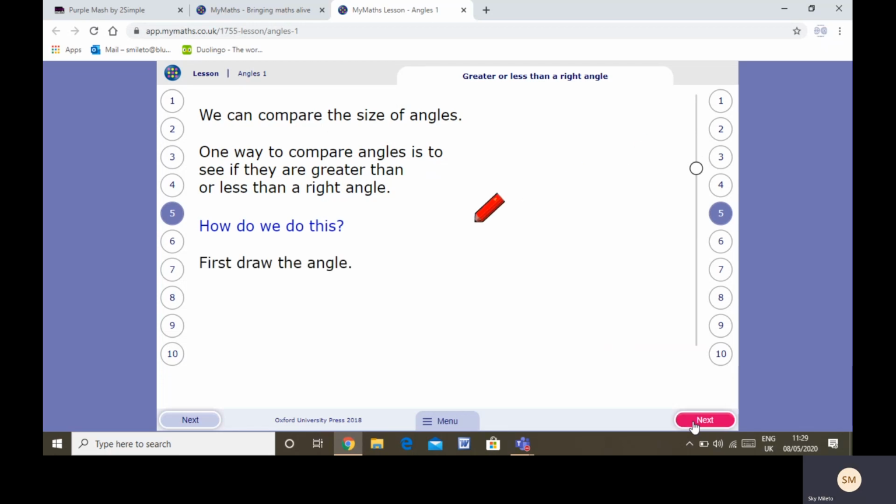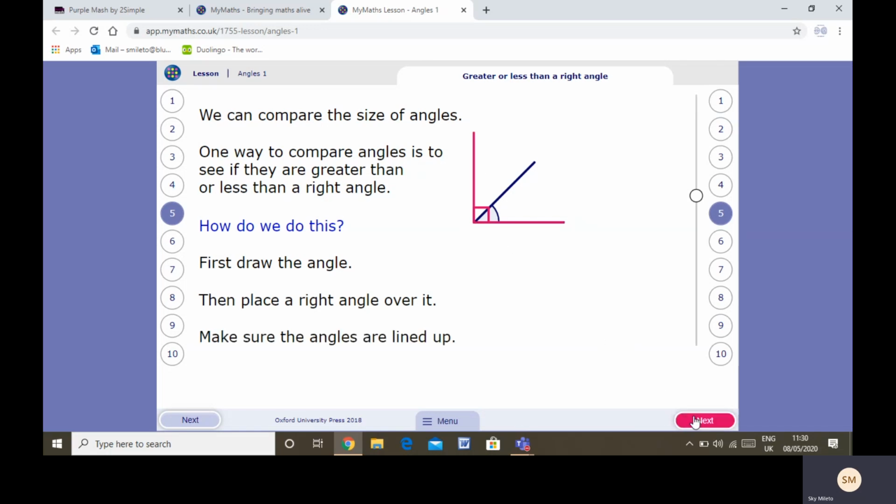Okay, so we can compare sizes of angles. First, we're going to draw an angle, and we can see we've got a curved line. We know this isn't a right angle because we do not have a square in there. But we need to know whether this angle is smaller or larger than a right angle. Many of you might be able to see, if we place a right angle over it, it is smaller. If we went across here, we get to this line before we get to the right angle line. Therefore, it's a smaller angle, and we call this angle an